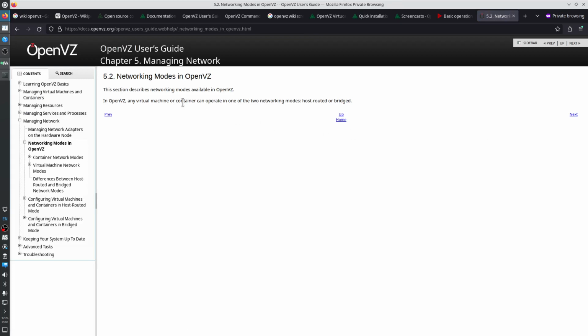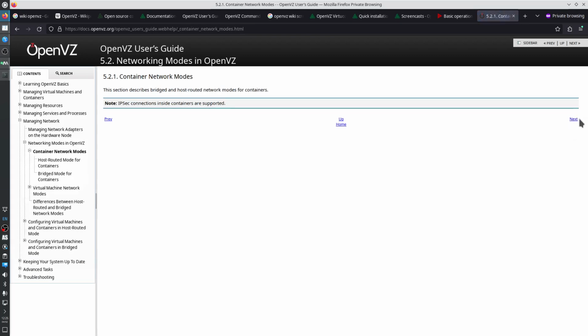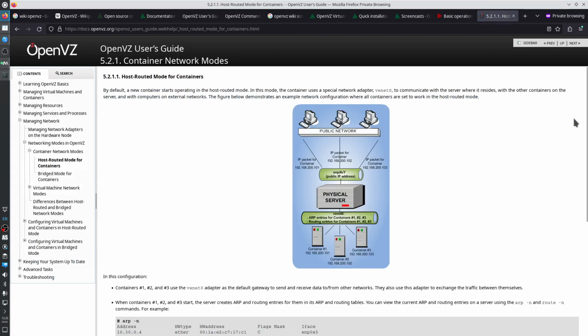Networking modes for one container or a virtual machine, but we're talking about containers now. We have two possible networking modes: host routed or bridged. Okay, let's look at host routed. I do not know how to read this image. I have no clue how to set up this part, so we'll skip to the bridged mode, which I understand